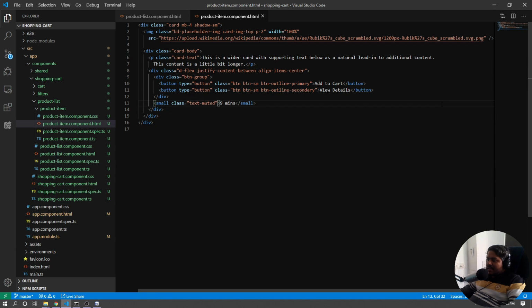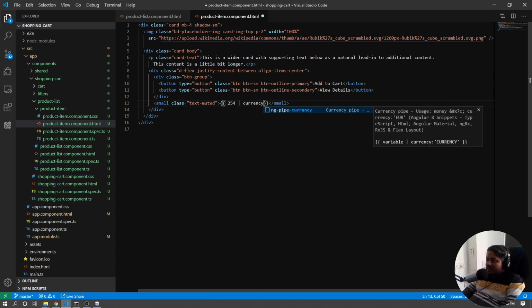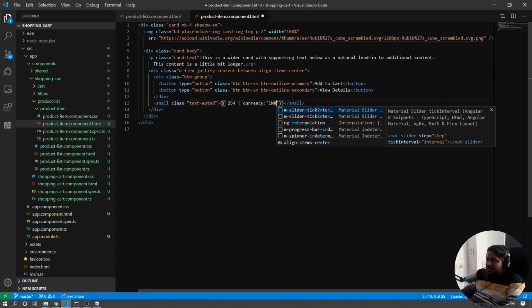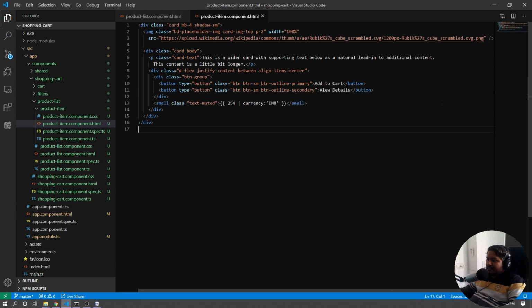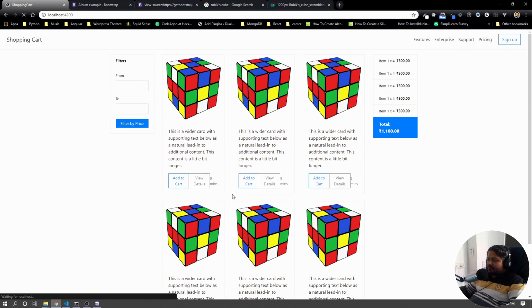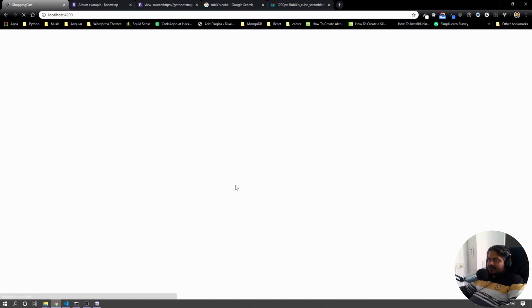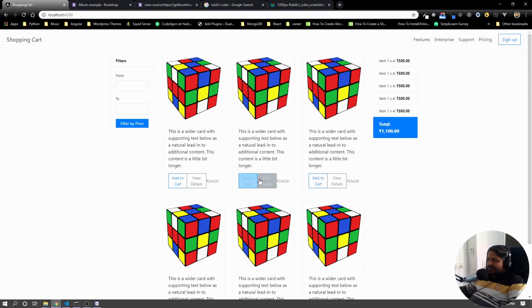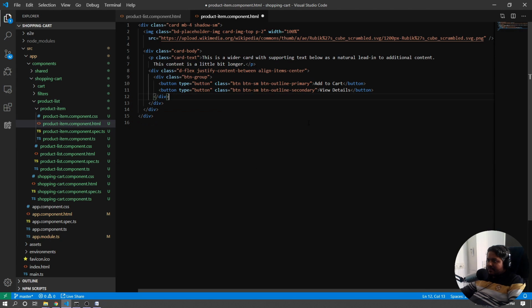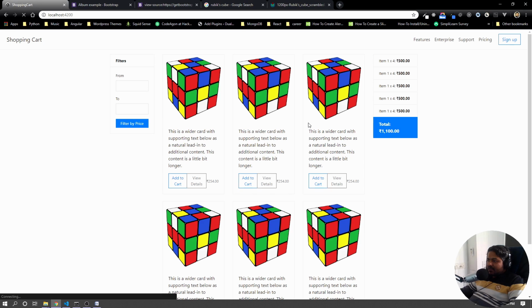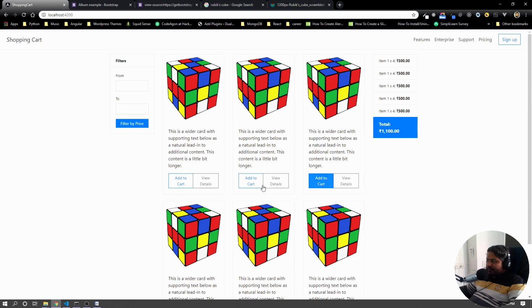and instead of 9 minutes, we'd like to have some pricing attached to it. So let's say 250, whatever, 254. Currency can be INR. All right. This looks a bit over the top. So what we can do is get this out of the way. If I do that, I think these two buttons would look good, and